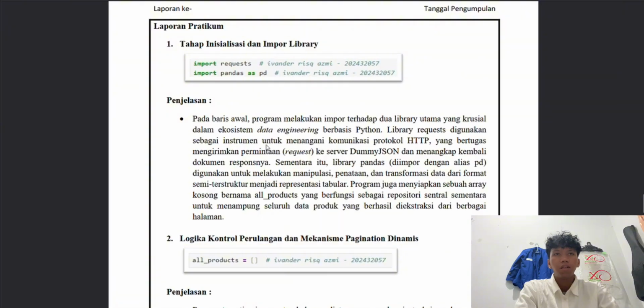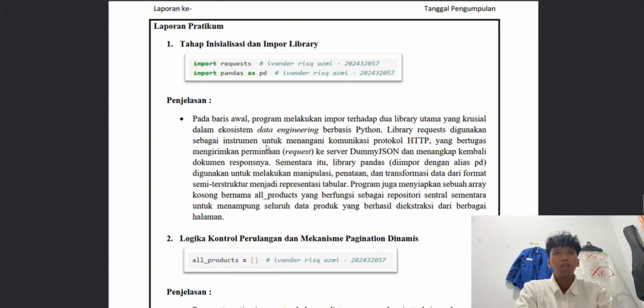The Requests library is an instrument for handling HTTP protocol communication. Its main responsibility is to send requests to the target domain JSON server and capture the returned response document. The Pandas library, imported with the alias pd, is utilized for data manipulation, structuring, and transforming semi-structured data into a tabular representation.